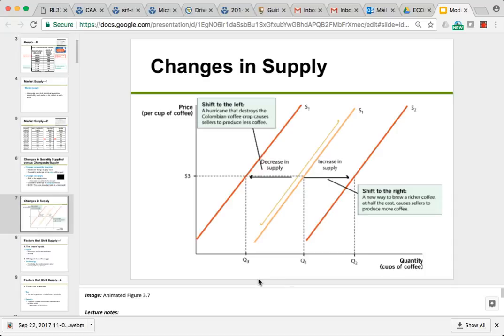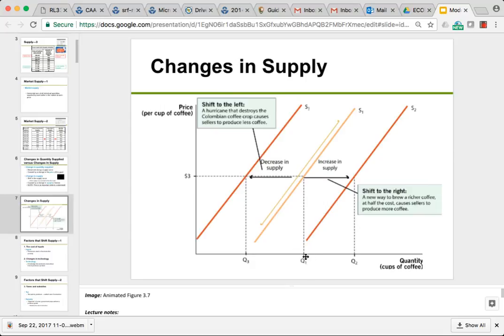This is another slide where there is a lot going on. So let's break it down. Starting with this original supply curve S1, this illustrates the law of supply perfectly. There is an upward relationship between the price per cup of coffee and the quantity supplied of coffee as we move along this supply curve. And we see that at a price of $3 per cup of coffee, this supply curve would indicate a quantity